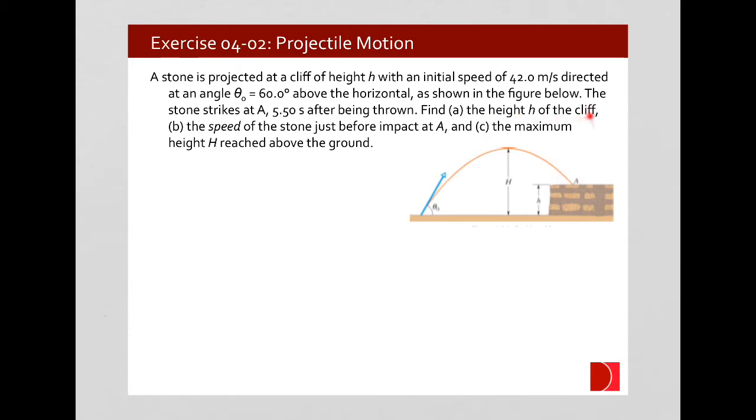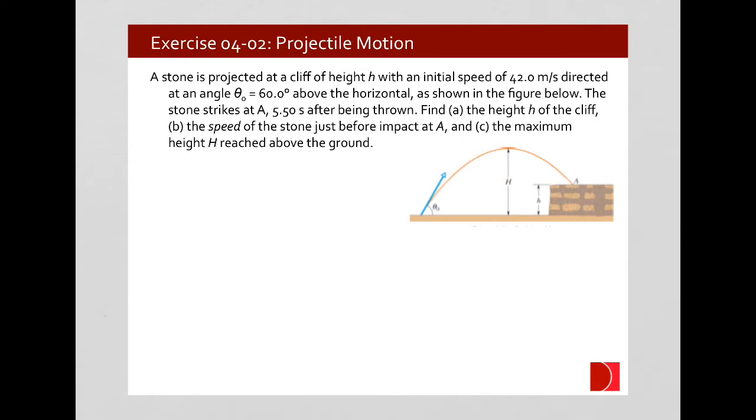We want to know what the height of the cliff is, how fast the speed of the stone is right as it hits impact, and the maximum height that it reaches as it goes. So this is another kinematics problem. This is projectile motion, which is basically kinematics in 2 dimensions. And so what we're told